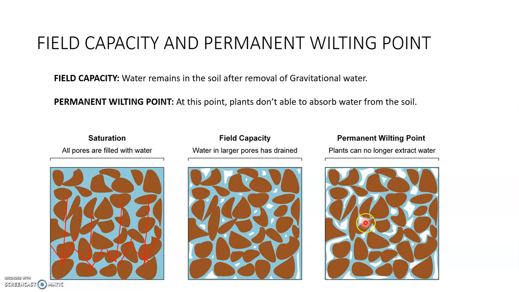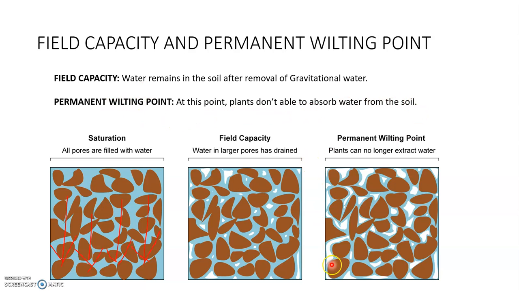We should not irrigate up to the saturation level, because then the water will percolate again and be wasted. We should irrigate up to the field capacity level, which is the upper limit of the irrigation water. If the moisture depletes down to this level, then we need to irrigate again immediately, so that the plant will not die due to water stress. That's called permanent wilting. At this point, the plant is not able to absorb water from the soil.